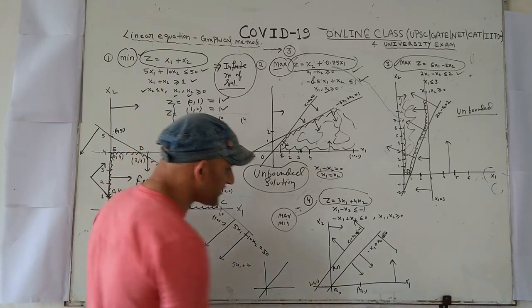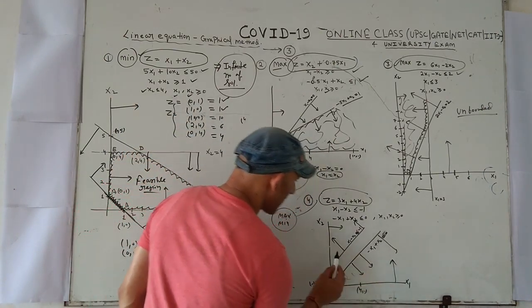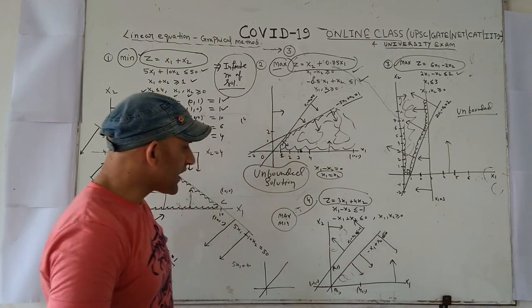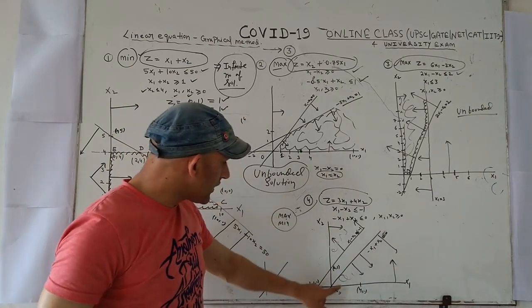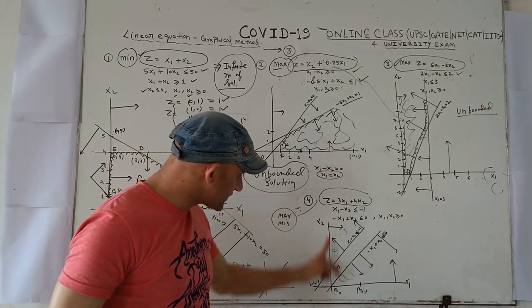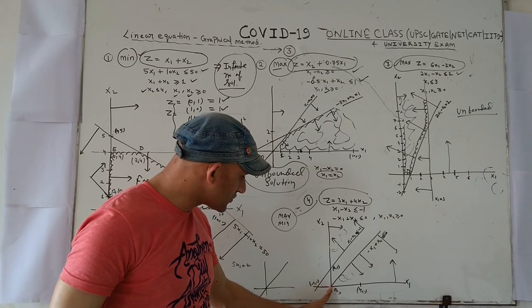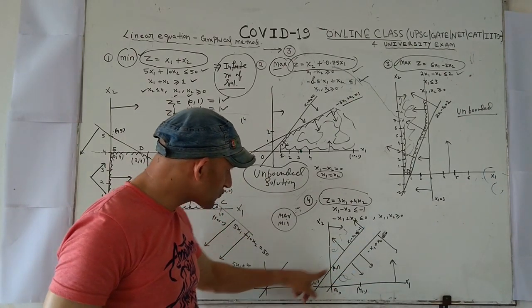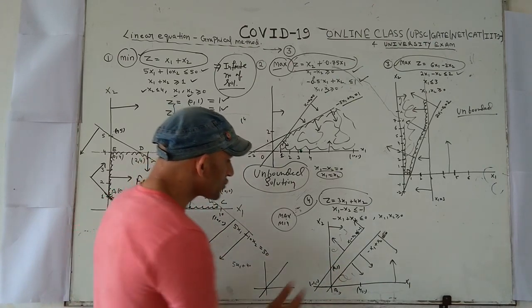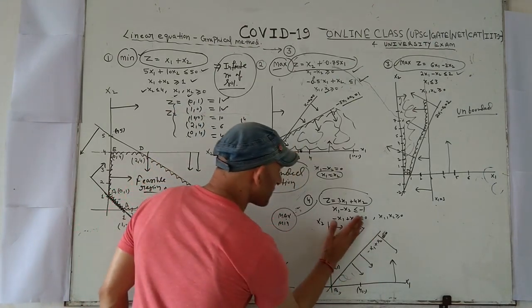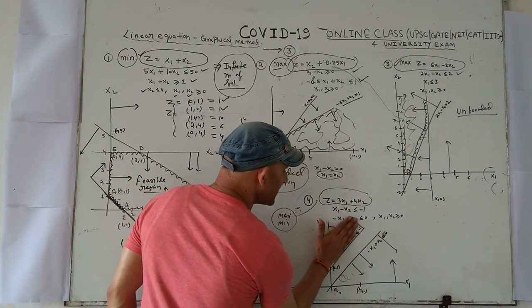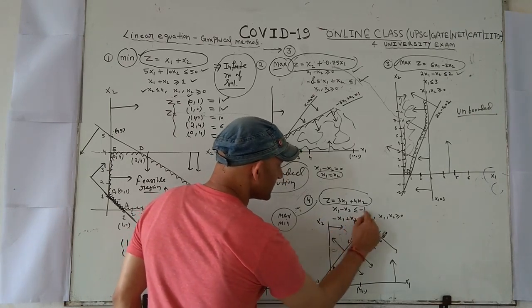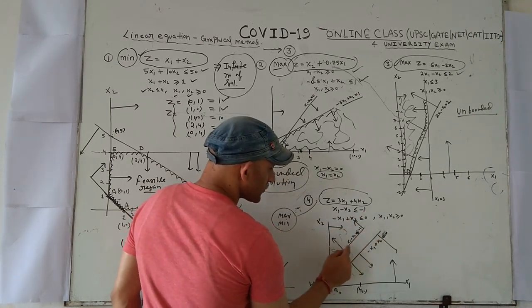Now you have two different regions. One region is this, and one region is this. And you know that this region is not holding this condition, x2 is greater than or equal to 0. This one is not holding it. Because there are infinite number of points satisfying this condition,